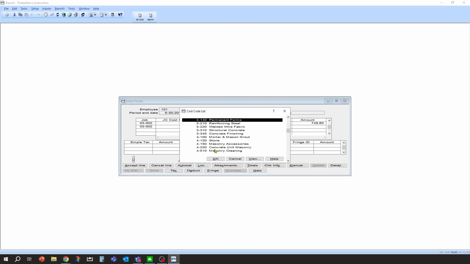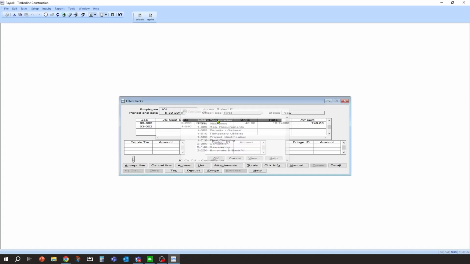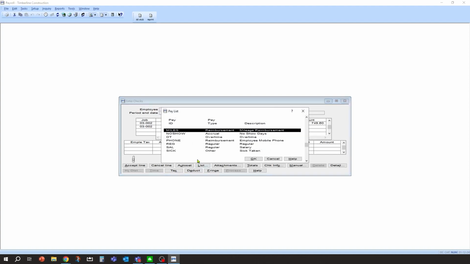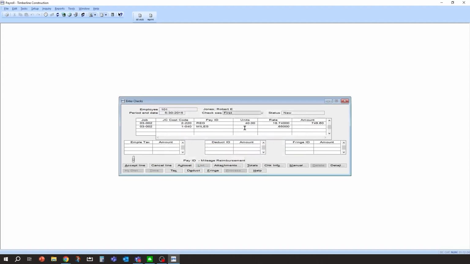And there might be a travel cost code here or something like that. I'm just going to say coordination. And in this case, I'm going to pull up my list and grab miles. And we're going to come into here and you see how the rate pre-fills in. I'm going to say he drove 78 miles. So he's going to get a reimbursement of $50.70.